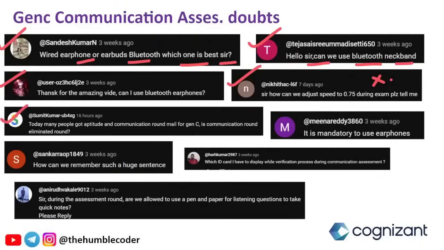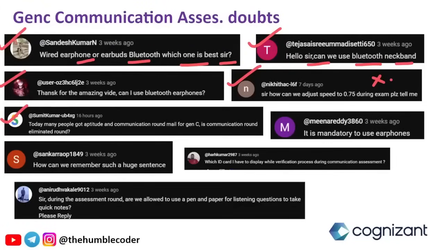Moving on to the next question, which is, today many people got the aptitude and communication round email for Gen Z. Is the communication round an elimination round? See guys, it's a complicated question to ask. First of all, I would say that you should consider it as an elimination round. Officially it is not an elimination round, but based on previous batches, we have already seen that the communication round's result also impacts your further rounds, which means sometimes what happens during your